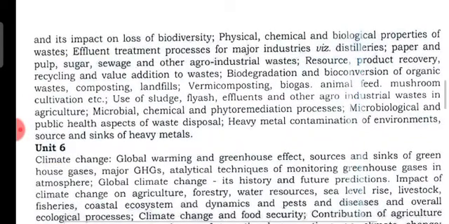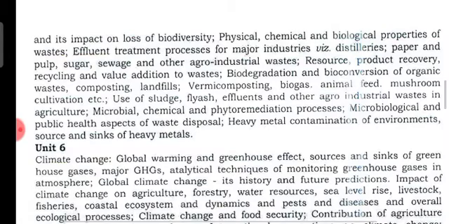and its impact on loss of biodiversity, physical, chemical, and biological properties of the waste, effluent treatment process for major industries, distilleries, paper, pulp, sugar, sewage, and other agro-industrial waste, resources, product recovery, recycling, and value addition of the waste, biodegradation and bioconversion of organic waste, composting, landfills, vermicomposting, biogas, animal feed, mushroom cultivation, and so on, and use of sludge, fly ash, effluents, and other agro-industrial waste in agriculture, microbial, chemical, and phytoremediation